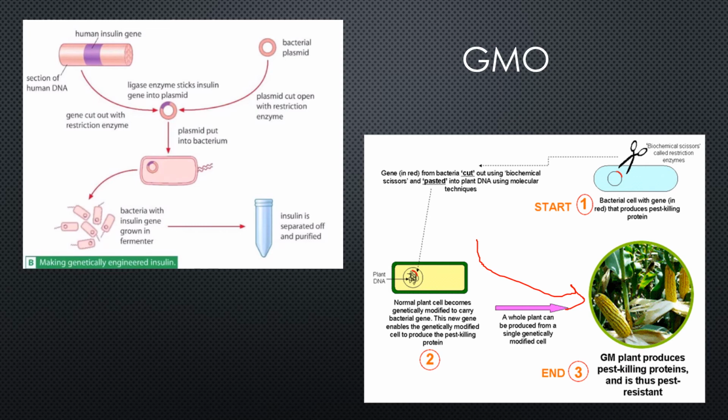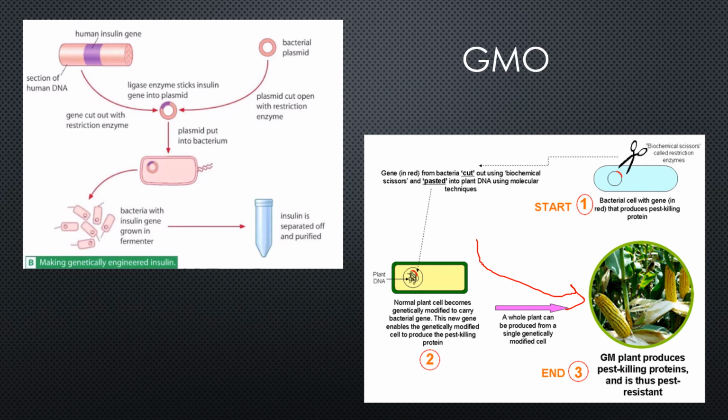If you know any farmers, or if you've ever tried farming or just a small vegetable garden, you know one of the biggest issues with trying to grow a food supply is the pests, any kind of bug or blight that will come and take away your product. Not only does that mean loss of money for the farmer, it also means a decrease in the food supply. So GMOs that allow for pest-resistant corn actually increase our food supply.